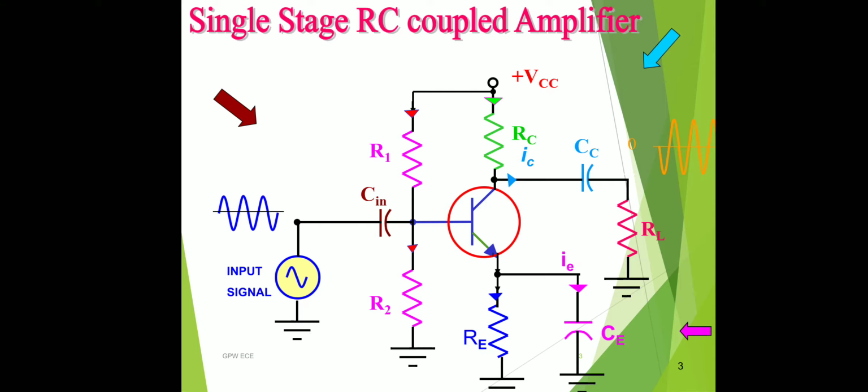We know the function of the circuit: it is an amplifier circuit. It is amplifying the applied input signal. Whatever the signal applied at the input section, it is amplifying the signal and driving the output to the load. See, in a CE amplifier, the output is always 180 degrees out of phase with increased magnitude, without change of frequency and shape of the signal. This is about the single stage RC coupled amplifier.